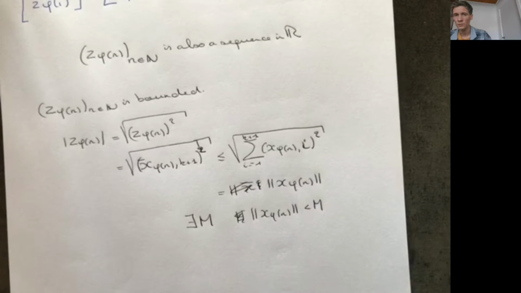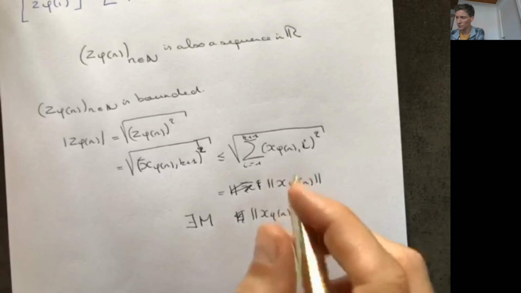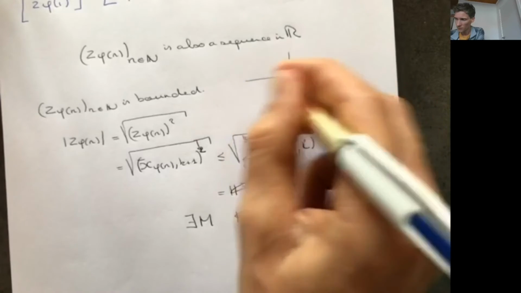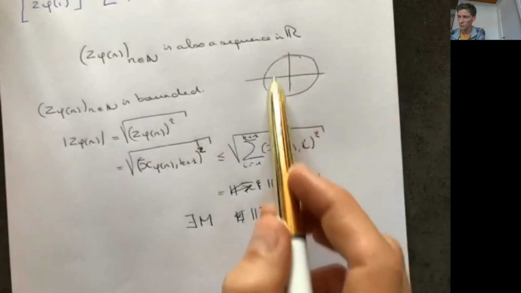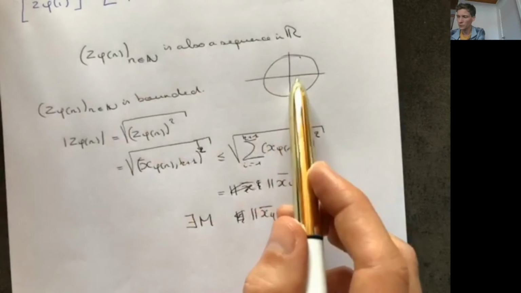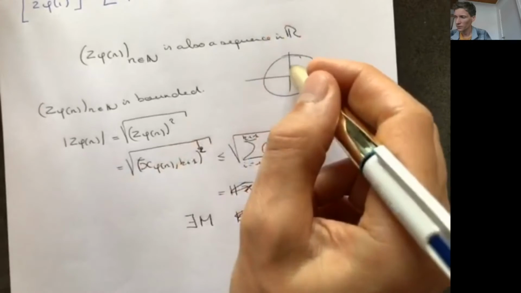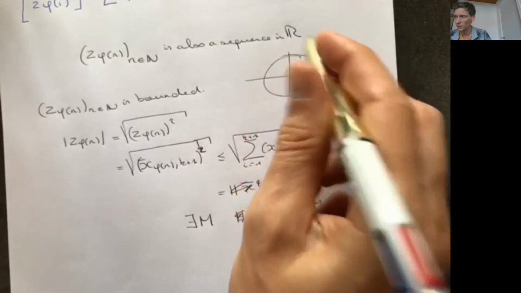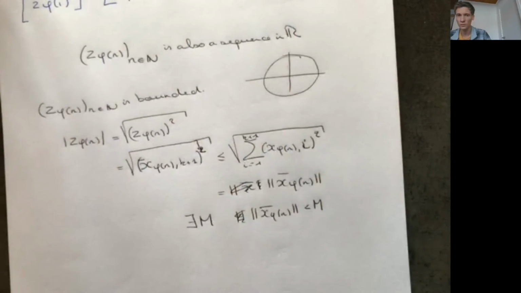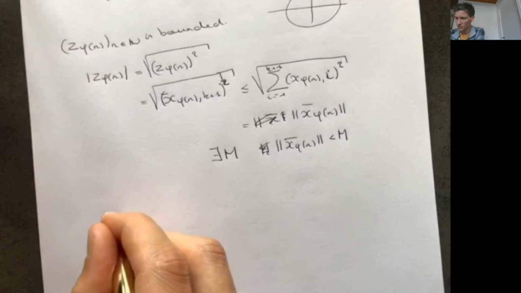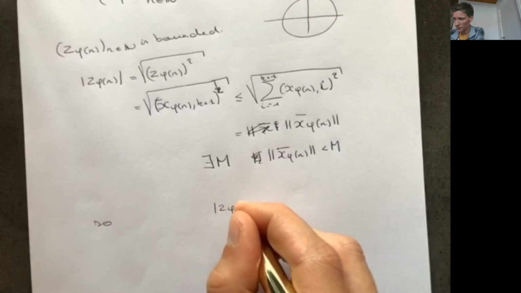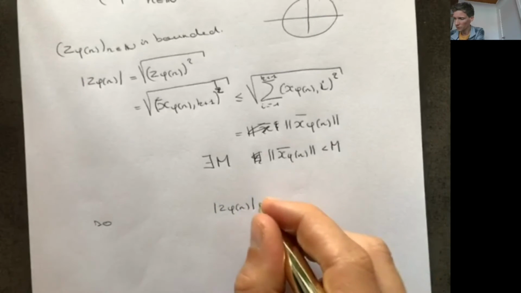And I hope you understand that if the sequence is bounded, then any subsequence of the sequence will also be bounded, right? If I have a sequence that lives in this ball around 0, and if I take a subsequence, then the subsequence also has to live within this ball around 0. Nothing about the sequence x_n can go outside this ball or this circle, and of course nothing about the subsequence can go out of the circle. Okay. So we have that the absolute value of z phi n is also smaller than M.